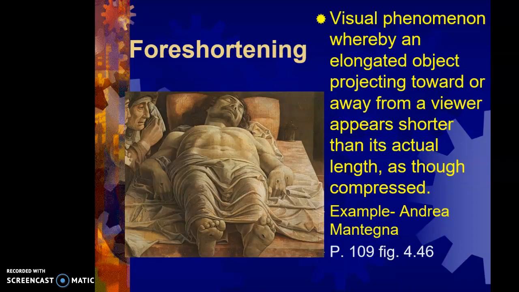Now, foreshortening also comes into play in perspective. It's a visual phenomenon where an elongated object projected toward or away from the viewer appears shorter than its actual length, as though it's compressed. This Montague piece is a really good example. You have Christ laying there, his feet are projected out at you, so the feet have to be as large, if not larger, than the head,